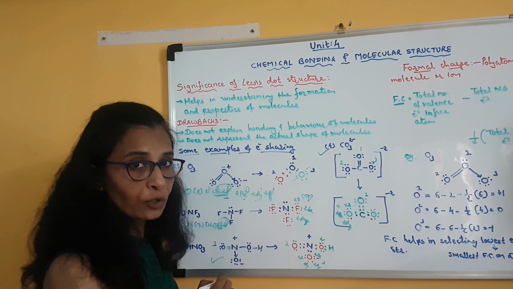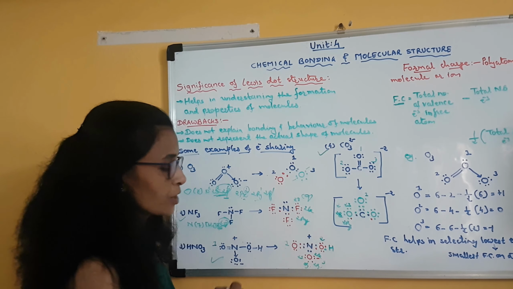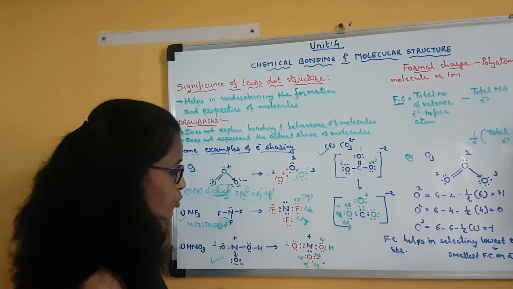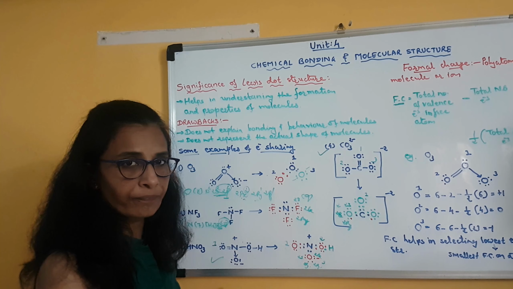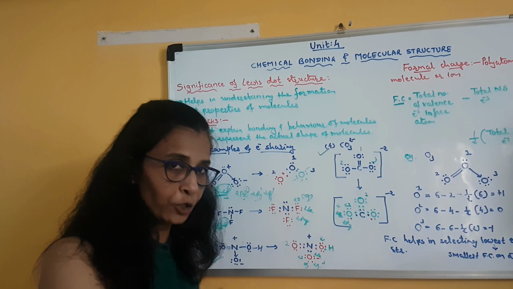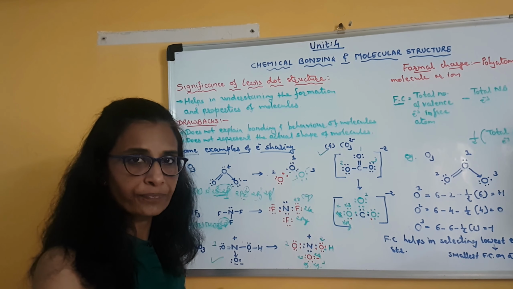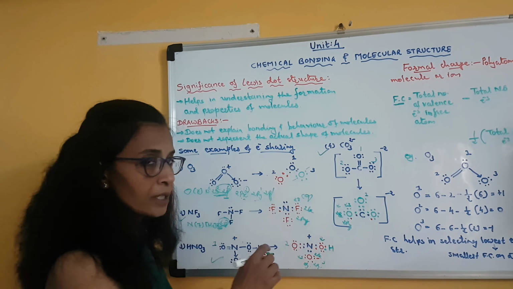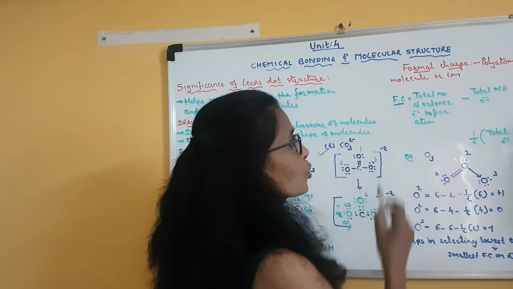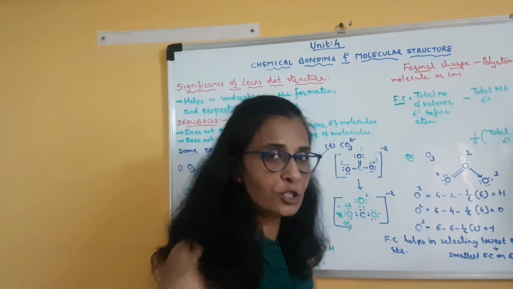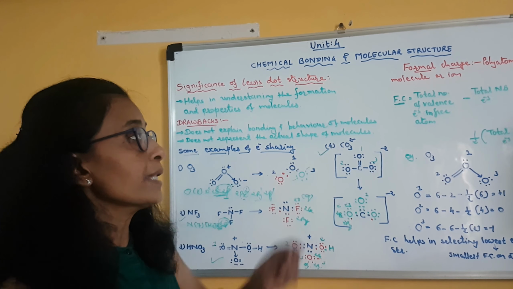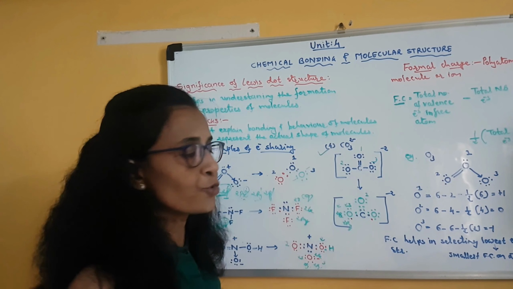Similarly, in this HNO3, if we focus on nitrogen, then bonding electrons are total 6. Clear? So divided by 2. If you consider oxygen, then bonding electrons are 4, 2 of its own and 2 of nitrogen. So total 4 bonding electrons. Clear? So for bonding electrons, we have to take half. Got it? So formal charge means total number of valence electrons minus total non-bonding electrons minus half of the total bonding electrons. Now let us understand this with the example of ozone.